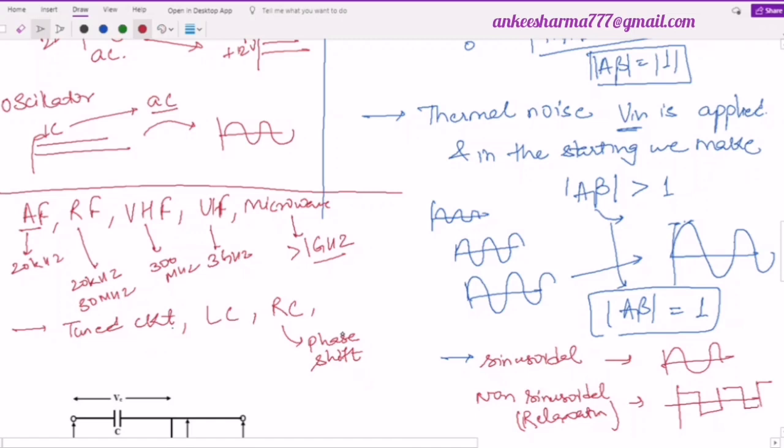हमारे जो syllabus में है we will discuss only this RC phase shift oscillator, Hartley oscillator and the Colpitts oscillator, जो कि आपका LC circuit पे based होता है. So we will start this topic in the next class. Time नहीं है. So any doubts related to it just let me know, otherwise I will stop my lecture over here.